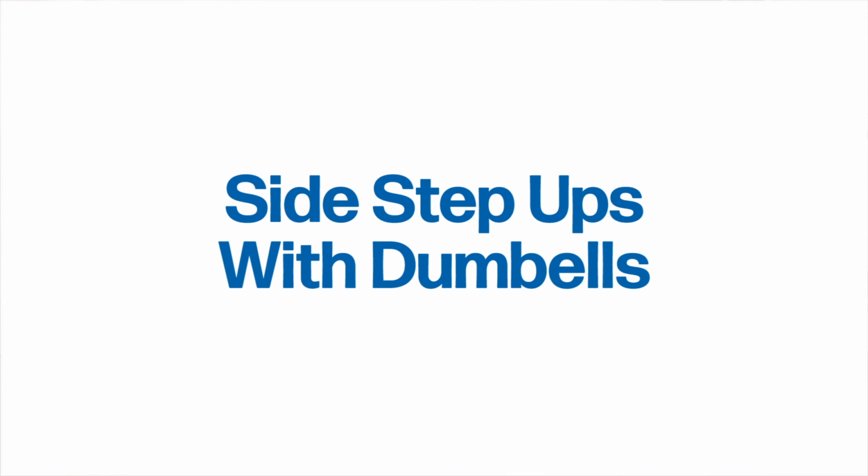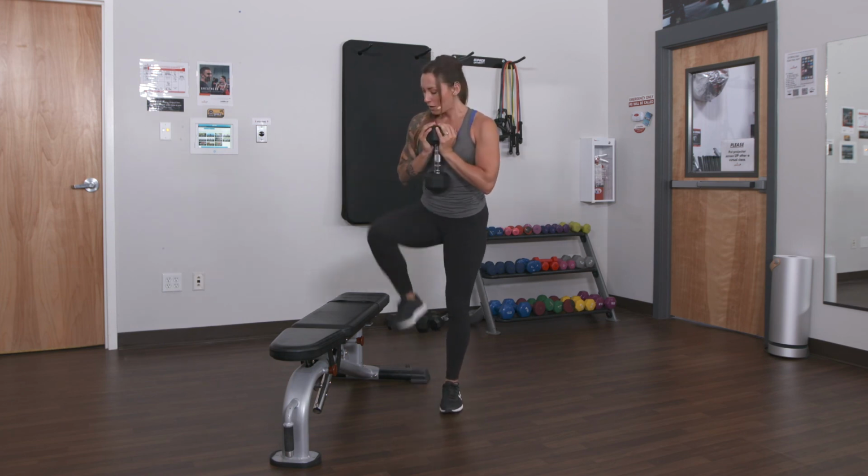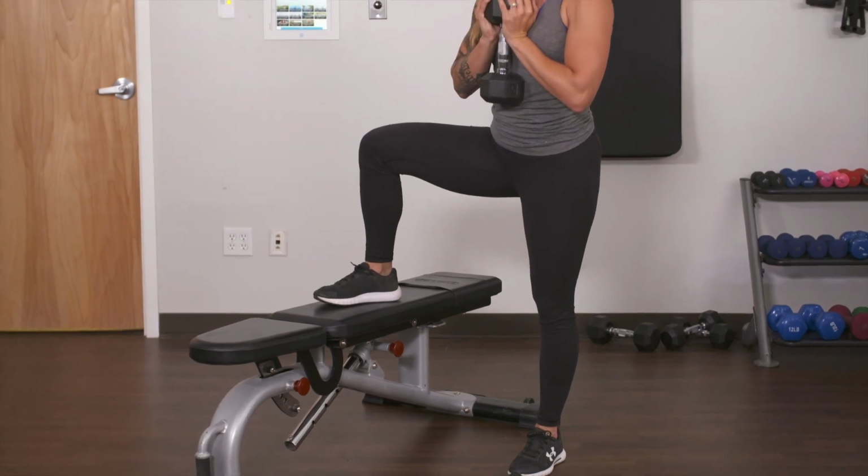To do your side step-ups using a dumbbell, I recommend just using one dumbbell. Hold it in a goblet position so it stays out of the way of your leg stepping up to the side. From here, you're going to take your leg closest to the bench, put your foot entirely on the bench,